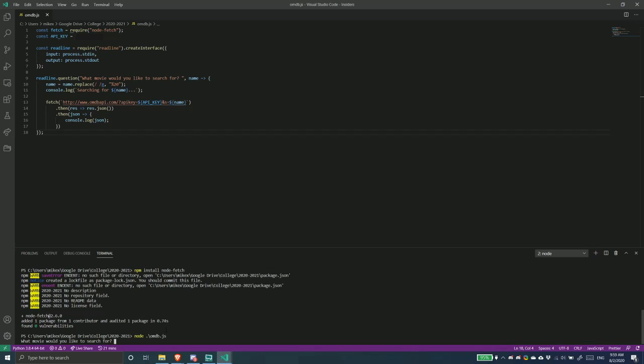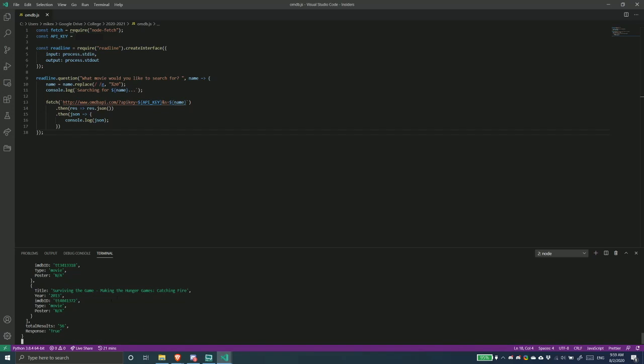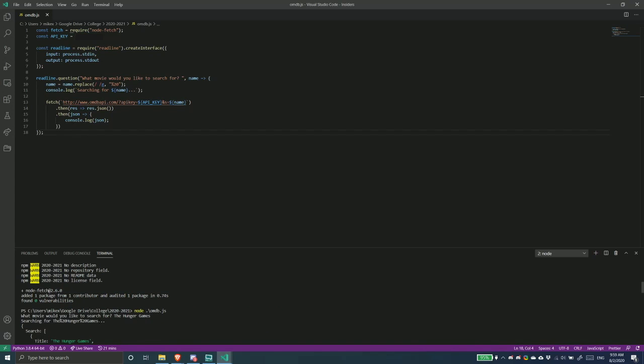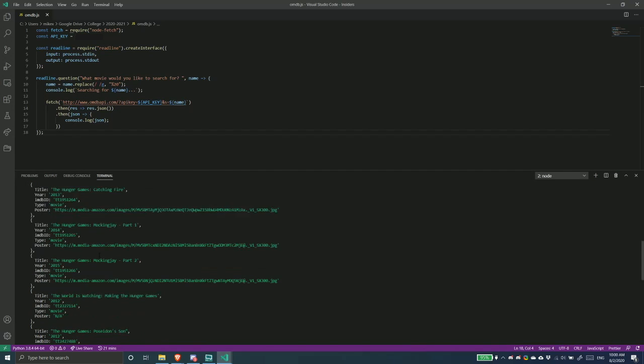Let's perform a search for The Hunger Games. Here, we can see that we've successfully replaced all spaces in the string we input with the string %20. We've then successfully passed it into the fetch module and performed a search using it, which is what this input